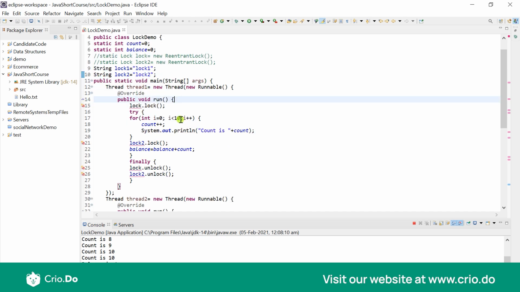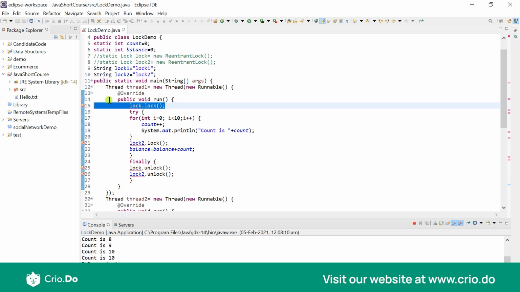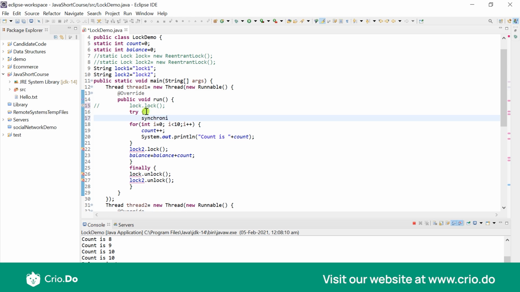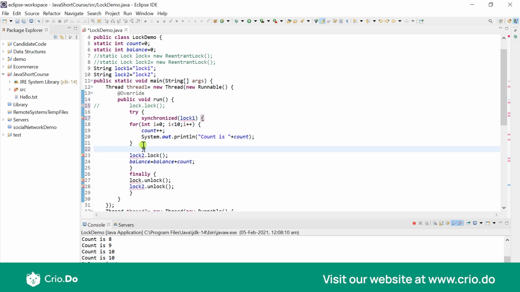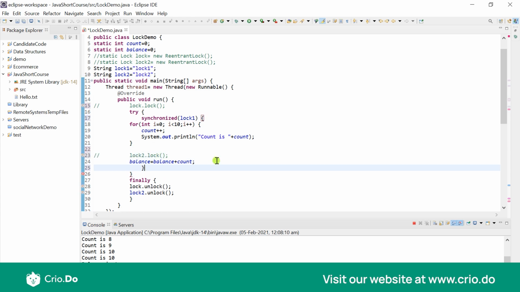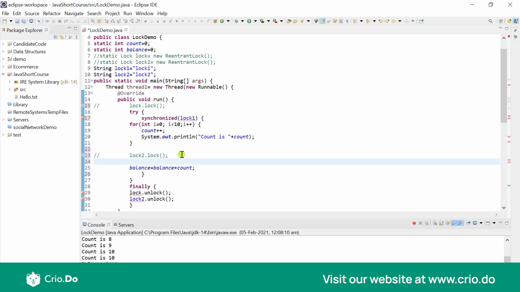And now in the run method of my first thread, I actually want to synchronize this whole part using my lock1. So instead of actually locking it like this, I would create a synchronized block over here on the lock 1, and this part is going to be in the lock 1, and then this part, I would not have my lock 2, but within my lock 1 I am actually wanting to wait for lock 2.